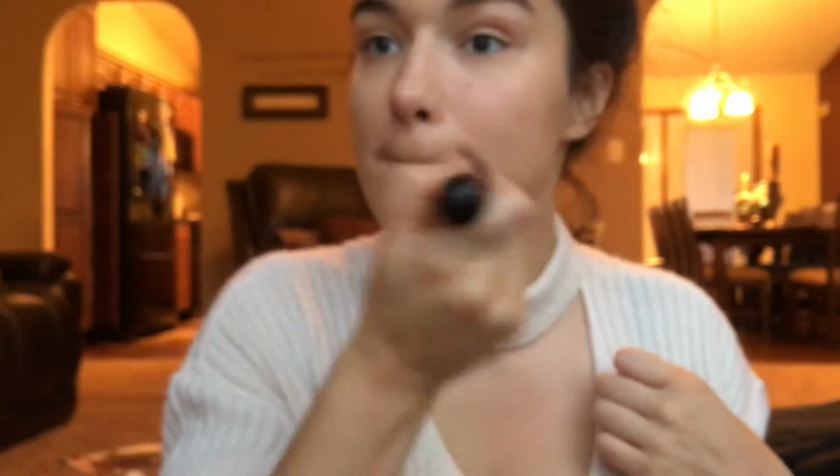I'm gonna put some of this on my chest. Anyways, this shirt my friend Isabel got me for my birthday, and I really think it's super cute. It has like this huge gaping hole, and it makes me a little nervous. So I'm just gonna be